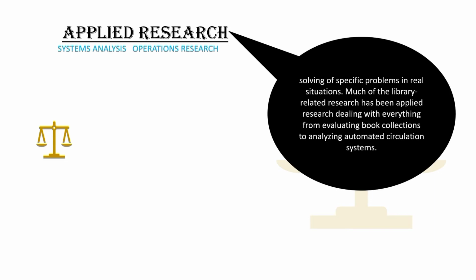The second major type of research is usually known as applied research, and it encompasses a variety of specific research techniques such as system analysis and operations research. In contrast to pure or basic research, applied research emphasizes the solving of specific problems in real situations. Much of the library-related research has been applied research, dealing with everything from evaluating book collections to analyzing automated circulation